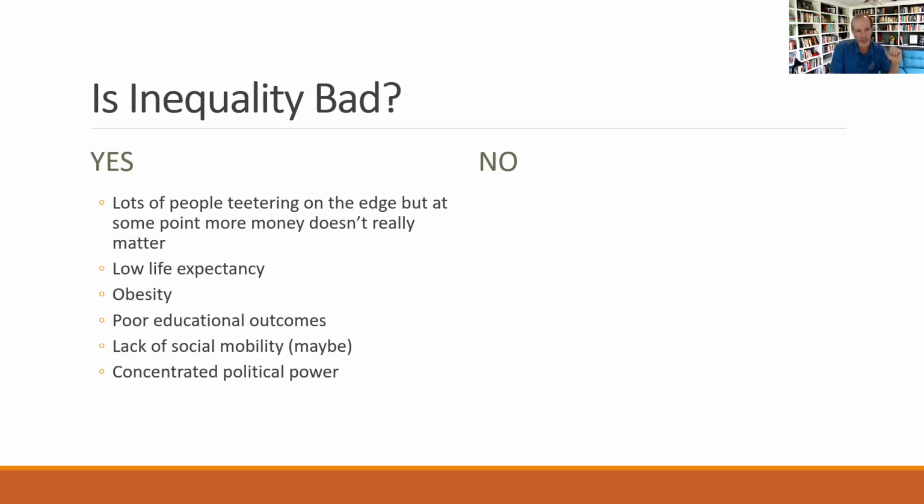There's questions about, does income inequality drive social mobility? How do you move across these different brackets? How do you move from being the bottom 20% to the next 20%, to the top 20%? There's some evidence that says as inequality increases, it's harder to move across the brackets. Maybe some evidence looking the other way, but it's worth thinking about. And when we have high inequality, political power tends to be concentrated. So think back to that slide about polarization way back at the beginning. When we have high income inequality, we have polarization.